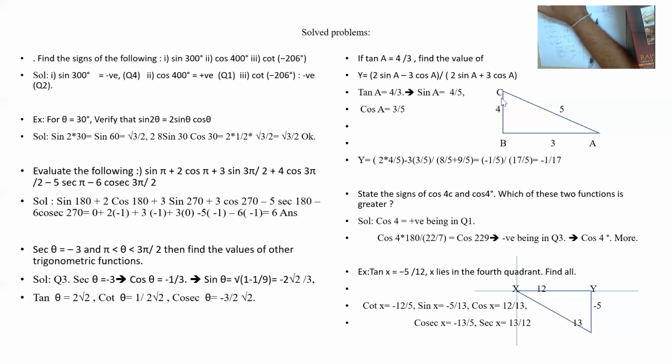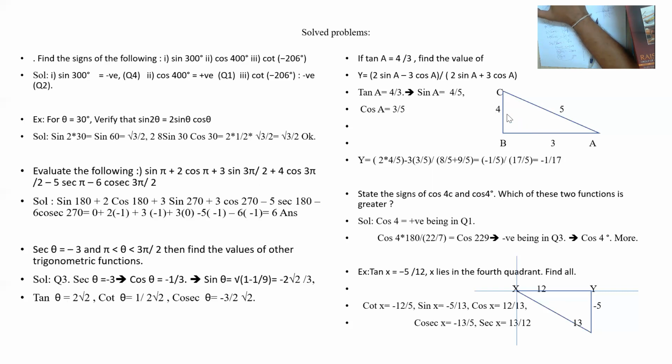Find the values. Once such things are given, it is better to make the drawing. Tan is 4 by 3. Why? 3, 4, 5 is the combination. We should have by-hearted this combination: 3, 4, Pythagoras law, 5 is the hypotenuse. Suppose it is multiplied by 2. Here comes 6, here comes 8.